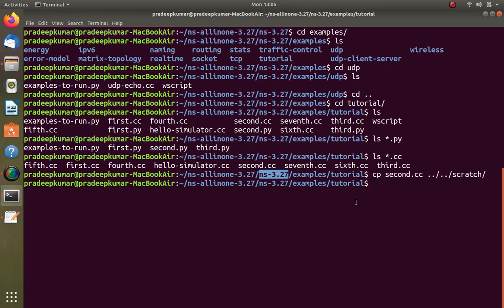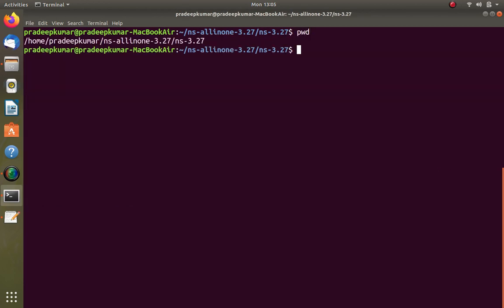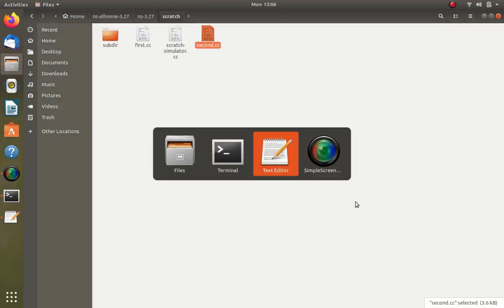Okay. So before I run any example, let me go to this folder here. Now I am in NS 3.27. Now I will be running my file with waf --run scratch. In the hello simulator I didn't use any scratch, just to check whether my simulator is working or not. So now I am going to run the first file, first. In this case, when I run the first file, there is no need for any extension. So maybe I'll just write it down here.